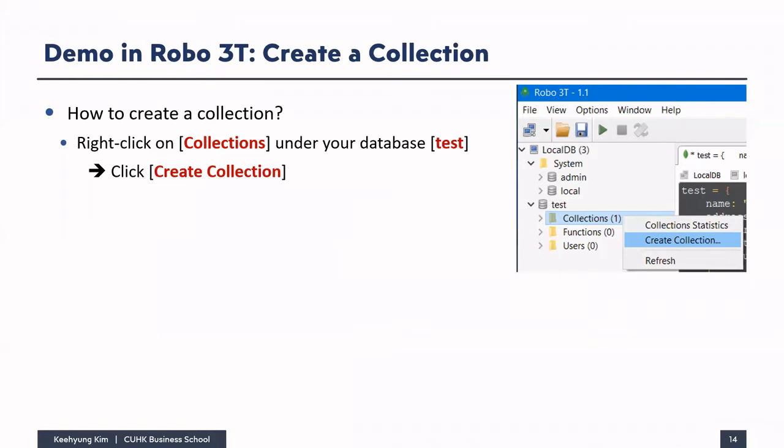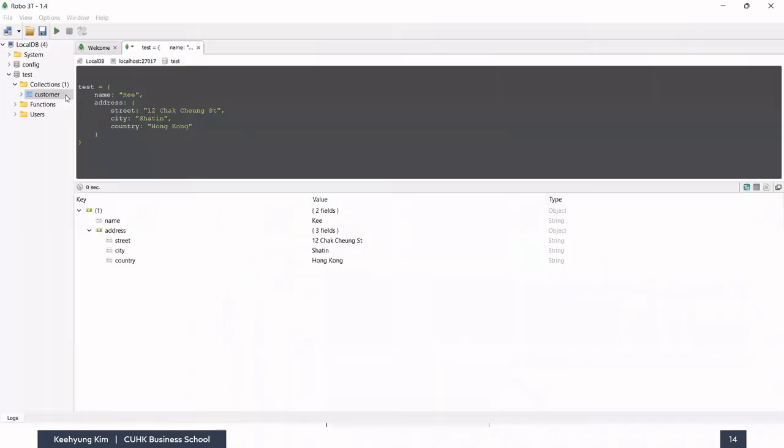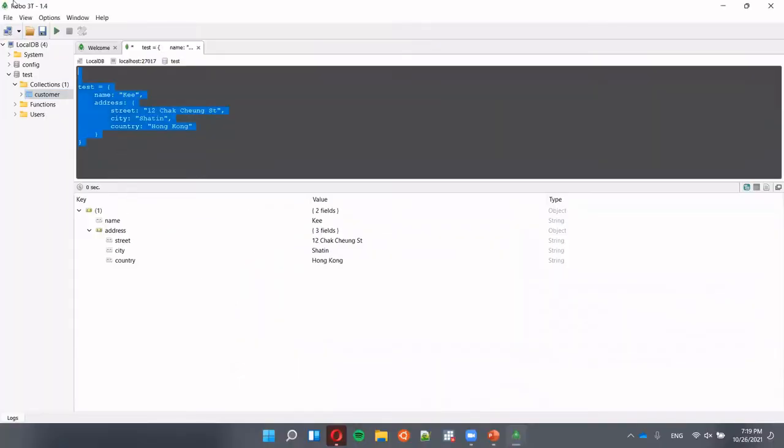Another way is you can use the shell. You can actually code it. So instead of using the graphical interface, you can simply type db.createCollection, and you can name the collection name. Then this collection will be created when you click the play icon. So for example, here,